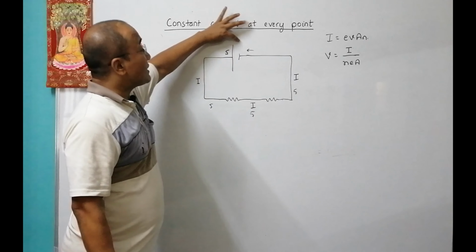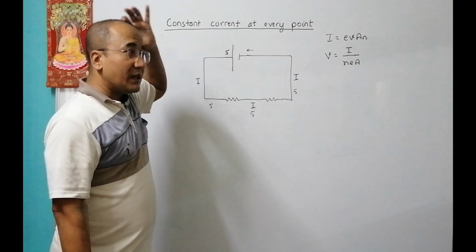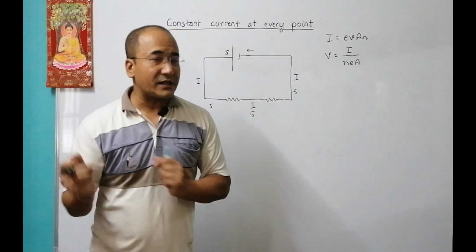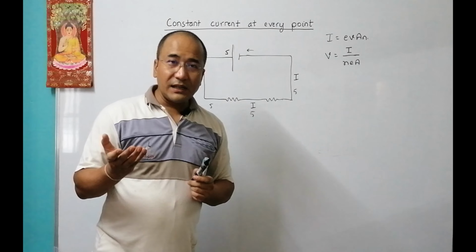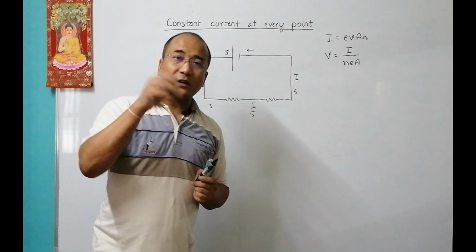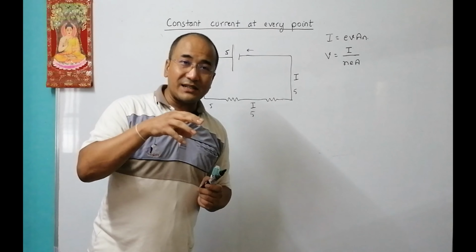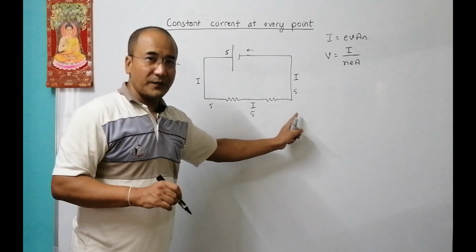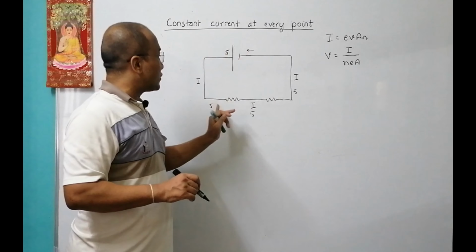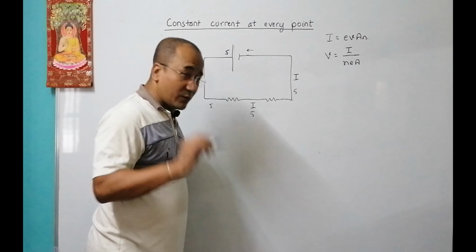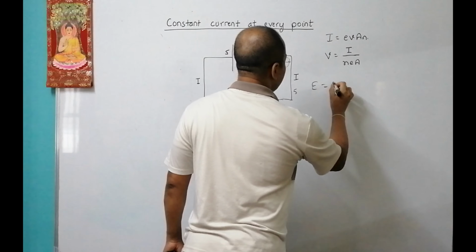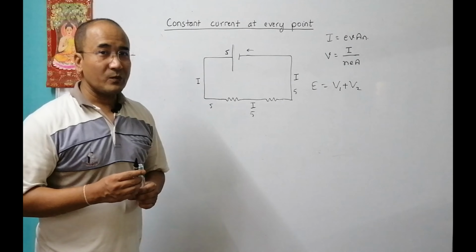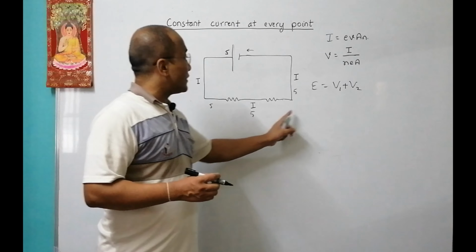And what happens here? It is energized by the source. If it is a battery, it is energized by the chemical reaction, ionic actions there. If it is a photovoltaic cell, it is energized by the energy of the photons coming from light. So work is done here, work is done here. The emf is equal to the sum of the works done, which is why we often use the formula E equals the sum of the potential differences, also called Kirchhoff's second law. So the current through every path here should be the same.